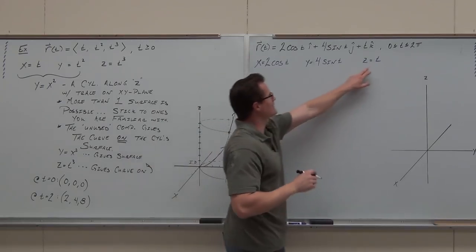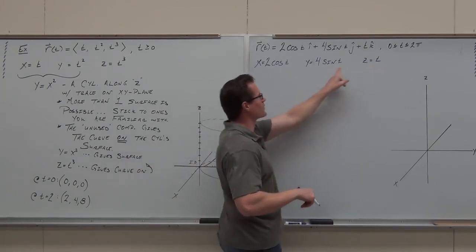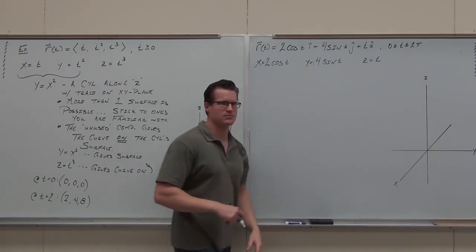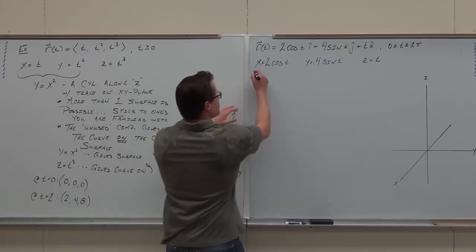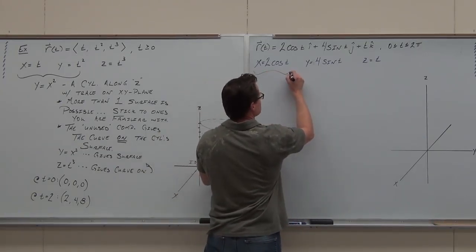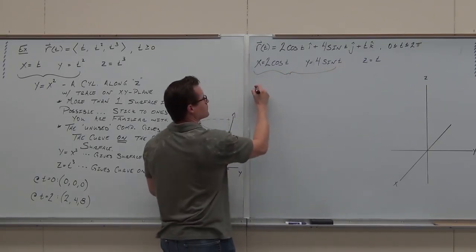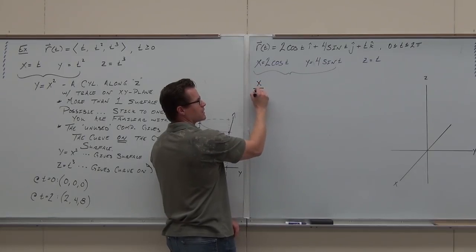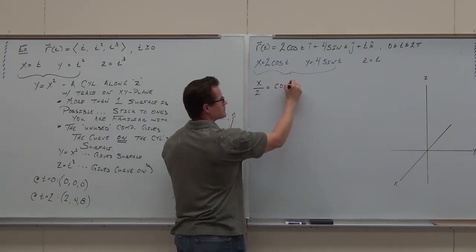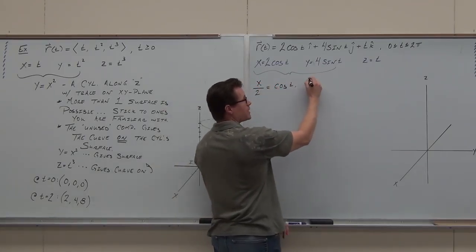So I go, this one, that doesn't do much for me. Especially if I go, hey, y equals 4 sine z. I can't even graph that. So I don't even know what that means. But these two, I know that if I solve for cosine and for sine,